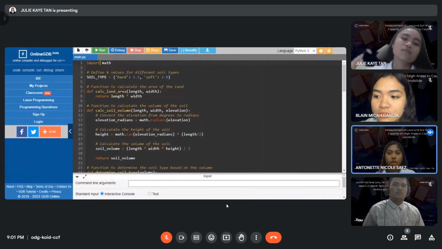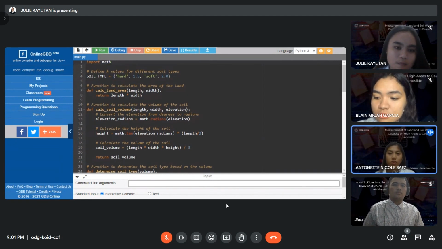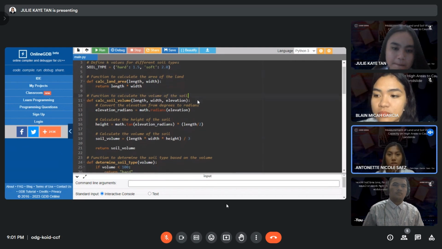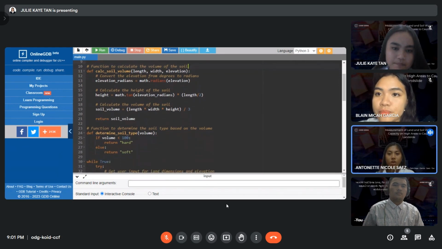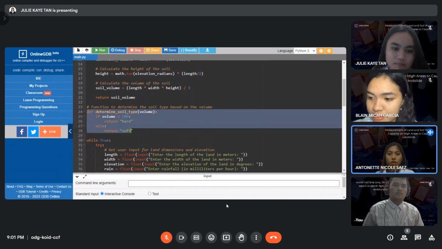As you can see in the first part of the program, we import the math function in order to perform computations in our program. The dictionary function is then used to assign values to the hard and soft soil types. We utilize the define and return function to determine the area of the land, the volume of the soil, and the soil type based on the volume using the analyzed formulas. In addition to the define and return functions, we utilize the if-else function to figure out if the soil is